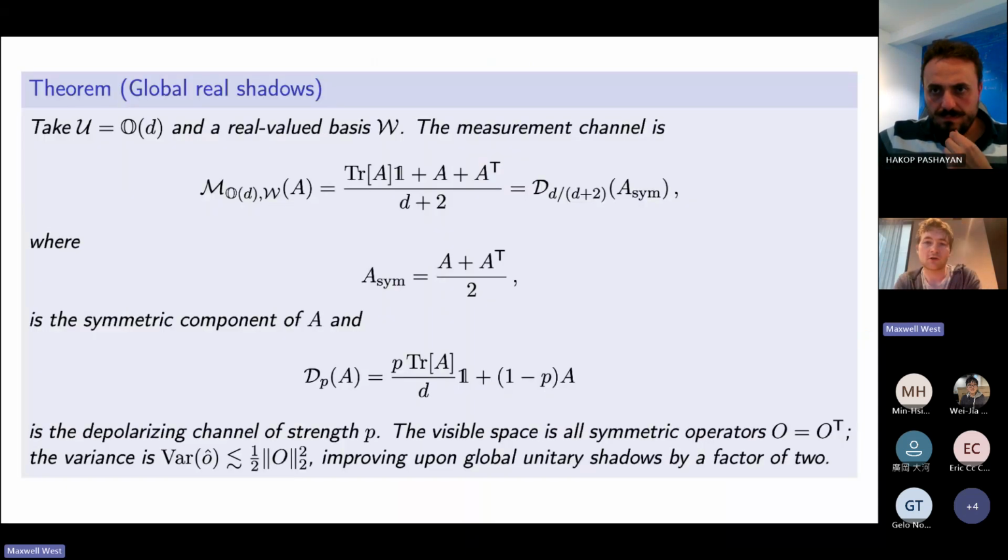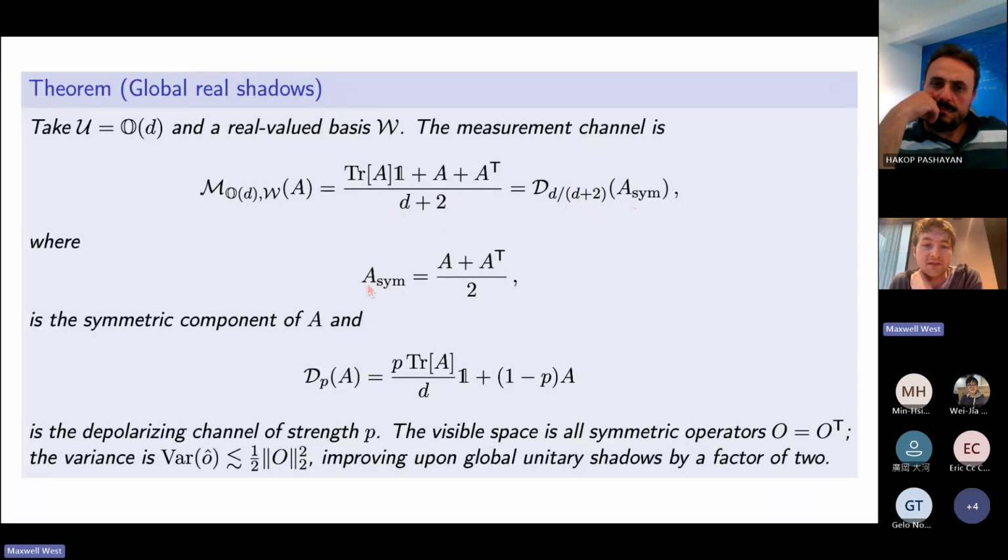Okay, thanks. So now at this point, these measurement channels, if you remember, were just some expectation value. So it's like a twirl over the orthogonal group of some different things. And at this point, you can basically just do this fairly standard Weingarten calculus sort of thing, and just work out the channel and the variances and so on. And what we see is I think kind of cool. This is the answer just from doing the integral. We see that it's a depolarizing channel on the symmetrized version of whatever you put in, this A plus A transpose thing.